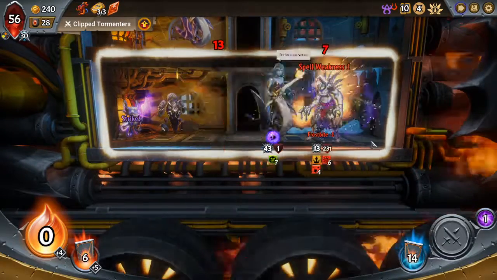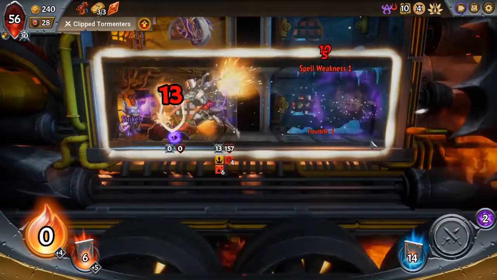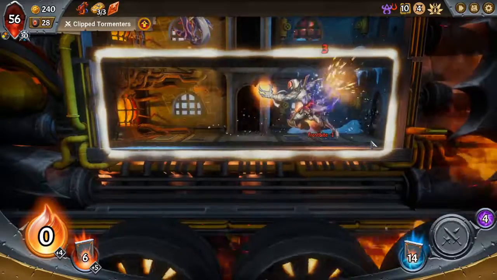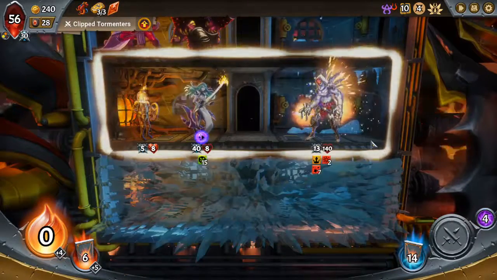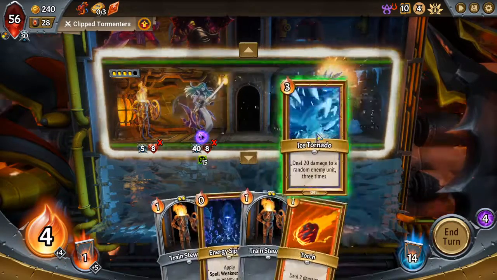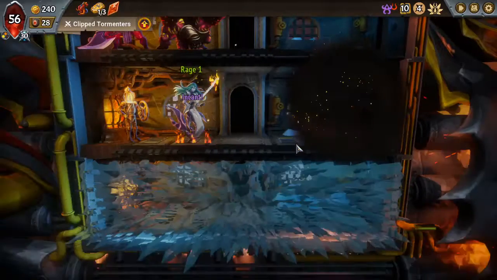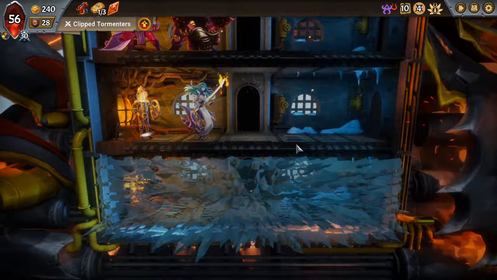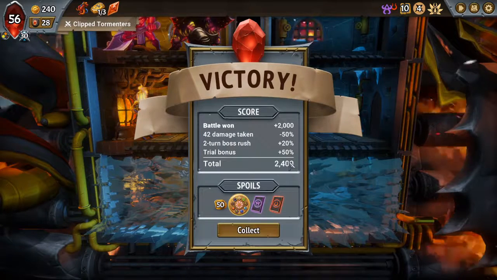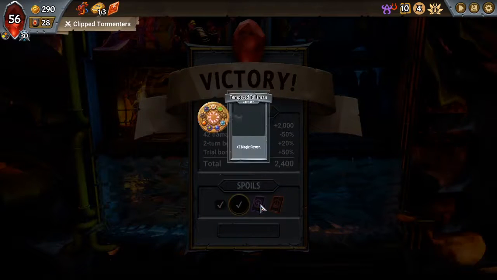Yeah, I might as well speed this up. It's gonna take a while. Alright, so he's got spell weakness 7. And we've got our powerful spell. We could have actually even increased the spell weakness, but we did not need to. Alright, so we took a lot of pyre damage. Hopefully the artifact is worth it. Increased magic power. I mean, it does go with what our theme is, so...